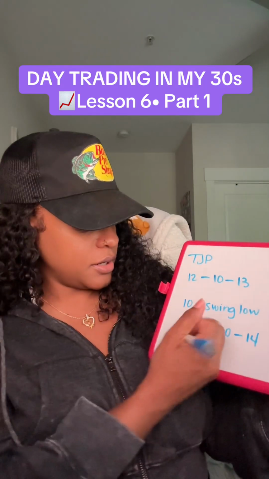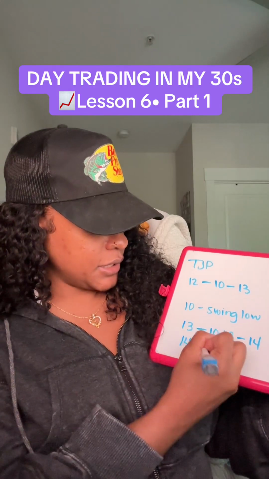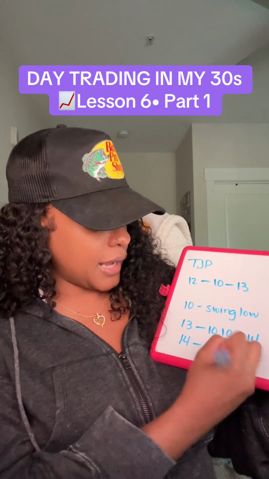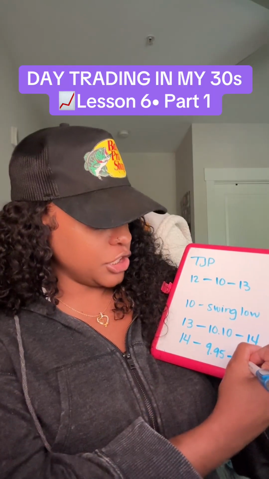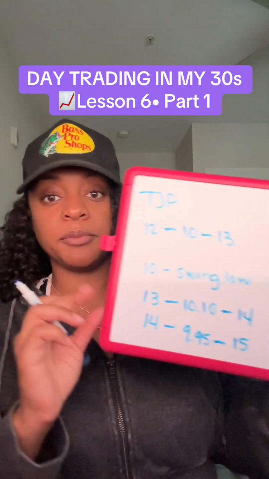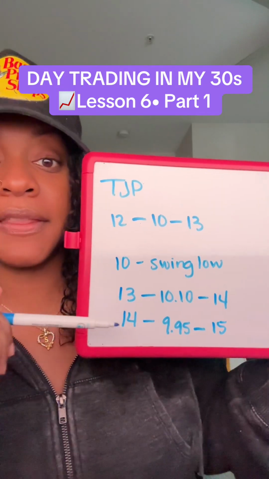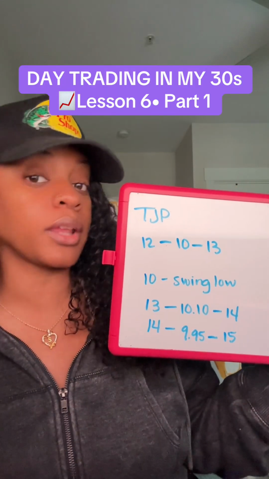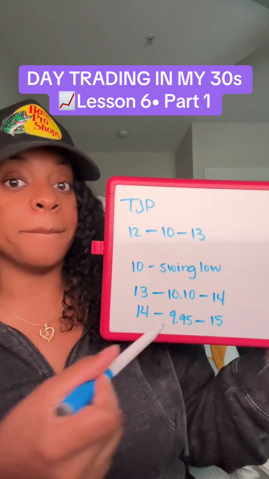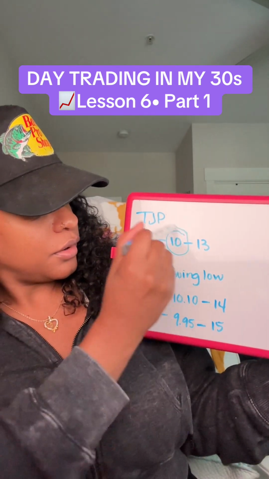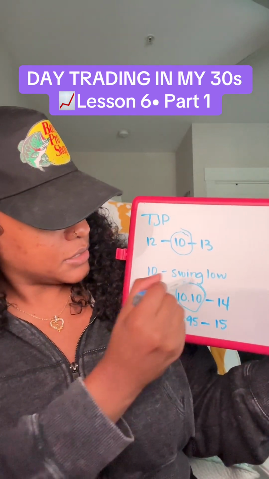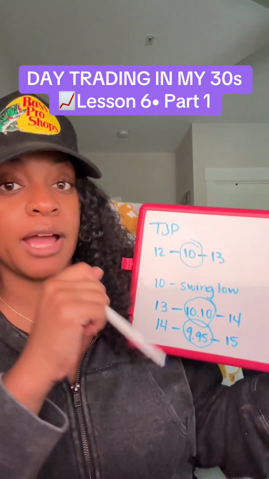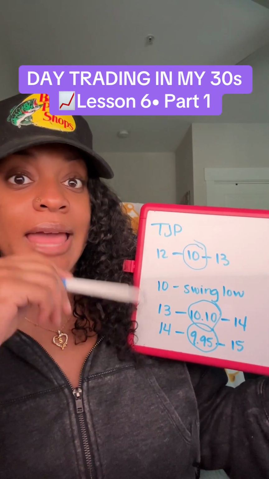And then later, say we go from 14 to 9.95 and then shoot back up to 15. See, we're still back in that range of 10. It might not be directly on 10 because remember, the market does not react the way we want it to. But see here, every time it's shooting down to around that same area,